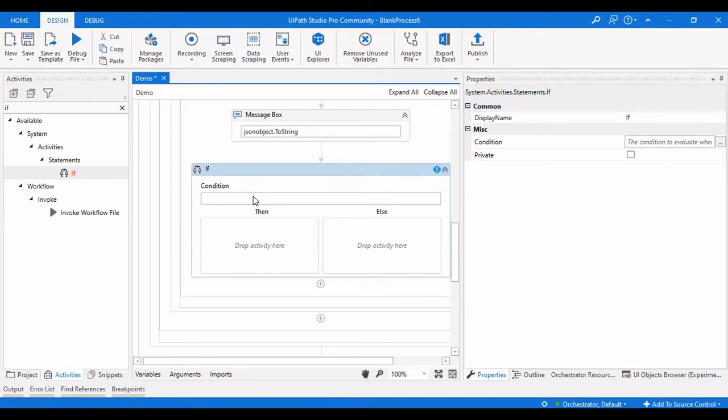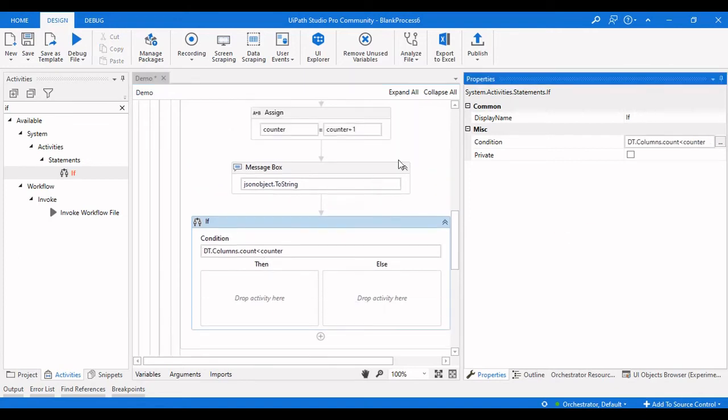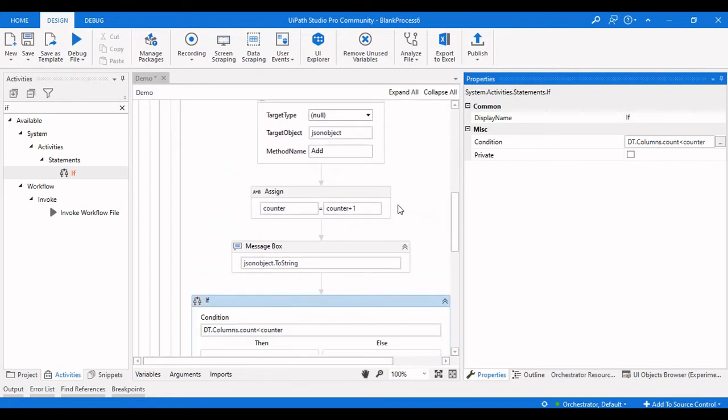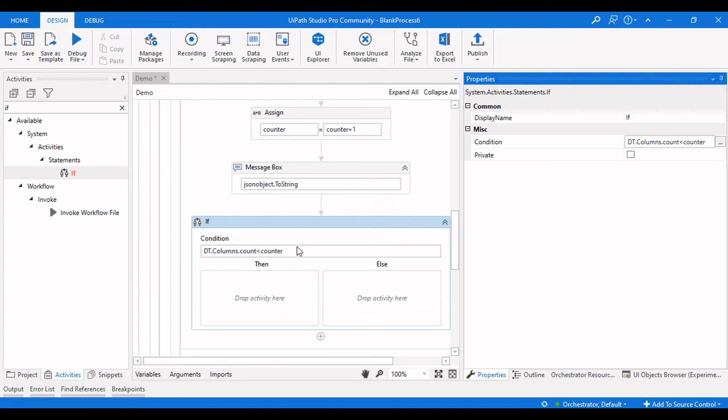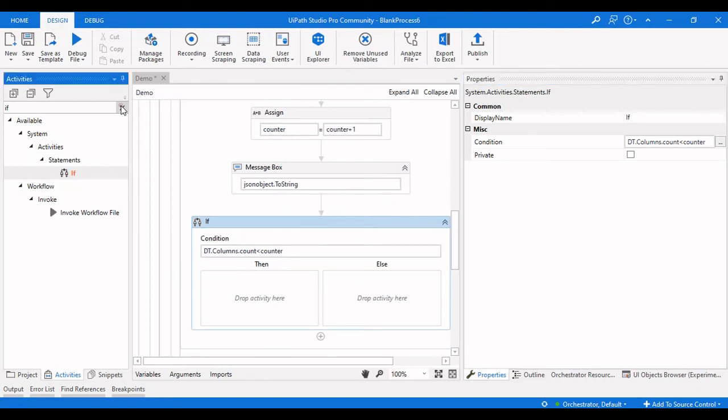Whenever dt.columns.count, which is 2, is less than the counter value, so the counter value would be 1 and then next it will be 2, and 2 is not less than 2, it is equal.